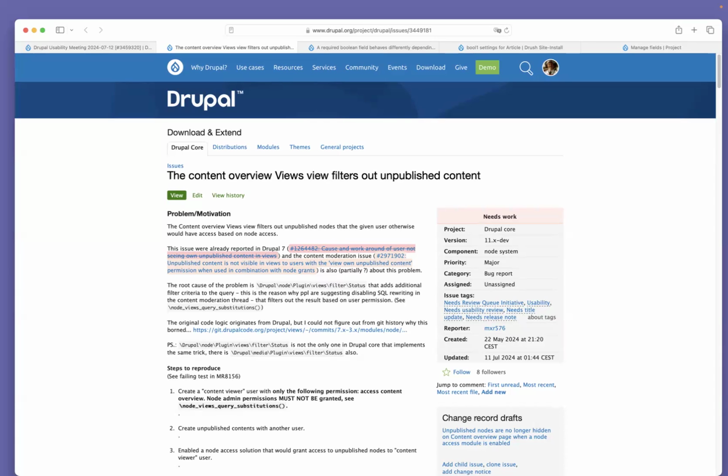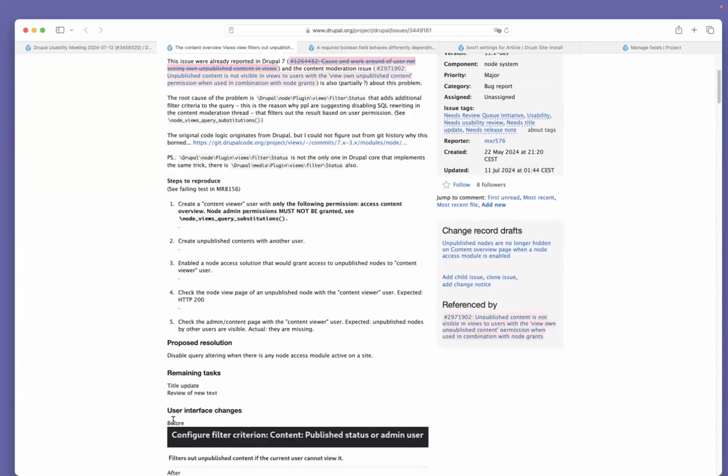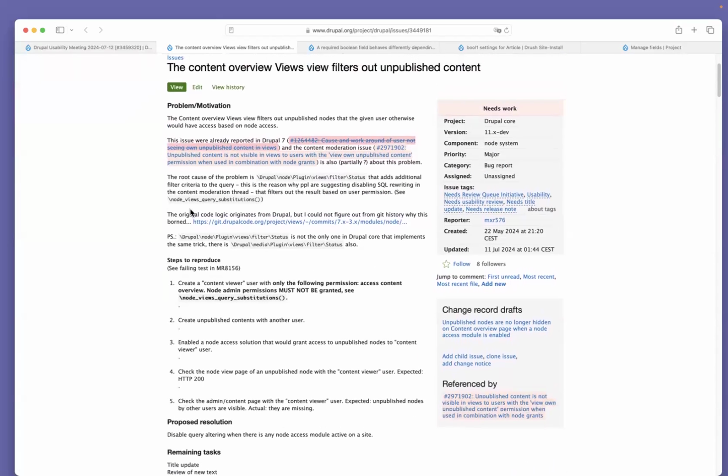The issue we are looking at is issue number 3449181. The content overview views view filters out unpublished content, an issue quite one raised on Tuesday in the UX channel. And it's mainly about wordsmithing. As you can see in the steps to reproduce,